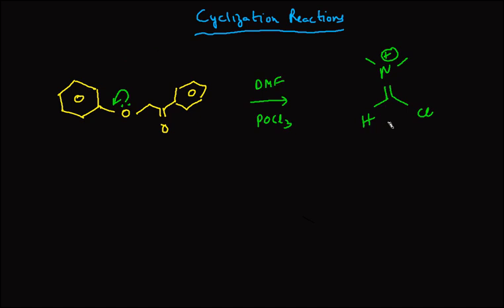So once this happens, what do we get? Basically we'll get this. And you know how the mechanism works: once a nucleophile attacks this particular carbon, what happens? This double bond migrates to the nitrogen, and then this nitrogen pushes back to expel the chlorine atom. So finally over here what will we get? We'll get basically a double bond nitrogen like this, with the positive charge. So this is what we are going to get.